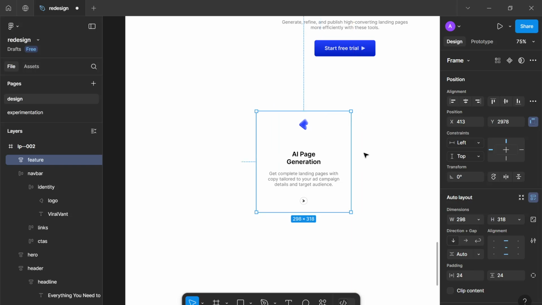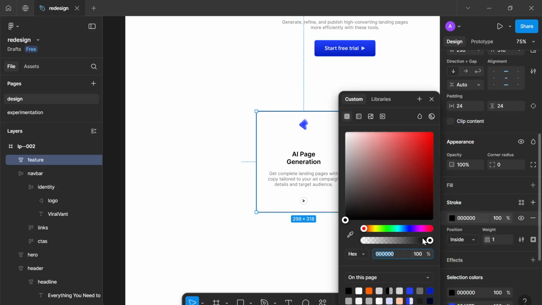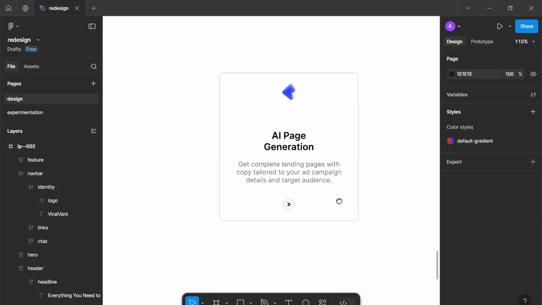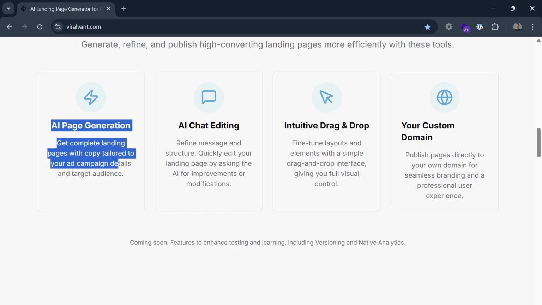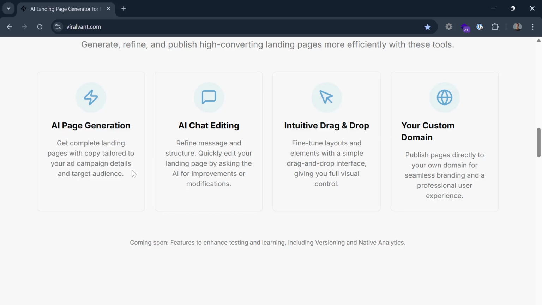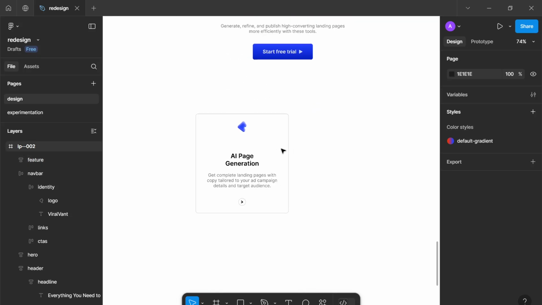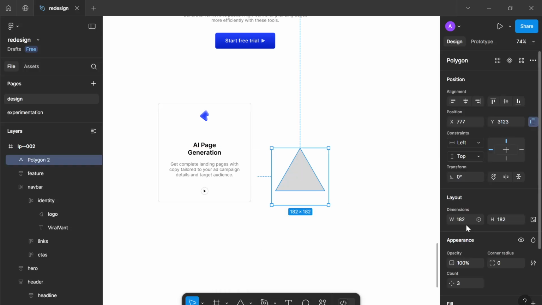Okay, let's make it wider. Also, let's give it a stroke around E4 and an 8 pixel corner radius. Okay, so we're here, but there is more to do to make this more interesting. Okay, what should we do? I have an idea. So we can go over to the polygon tool, drag out the polygon,